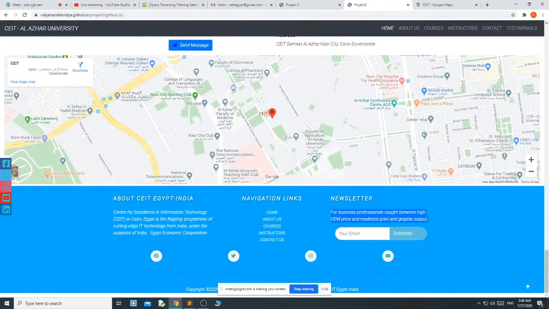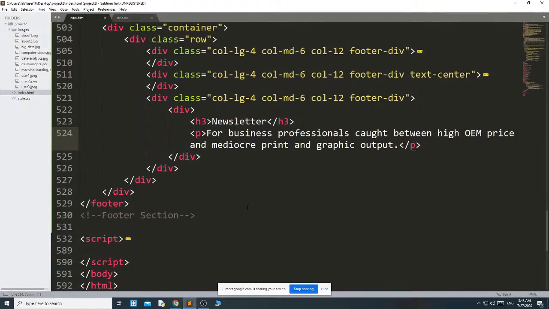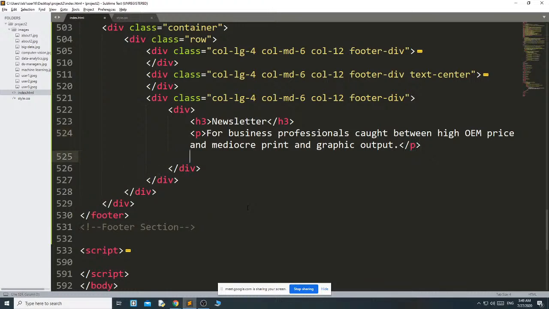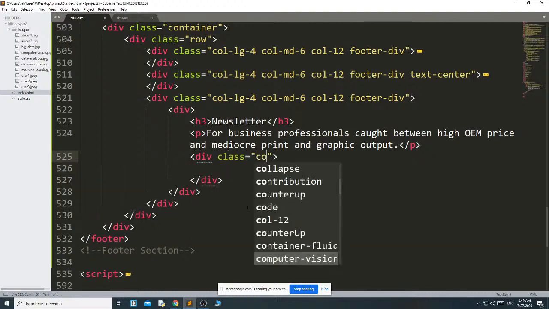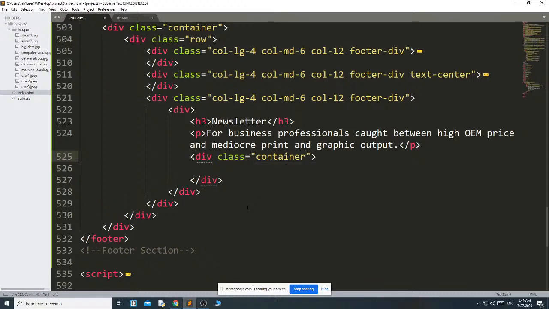Then what I want, I need this thing. Then after this I have to create another container, and in that container I want only one row. For that reason, here after this div, class container and div class row.